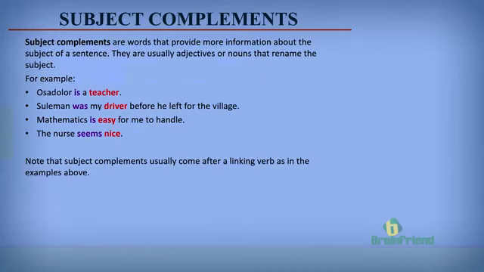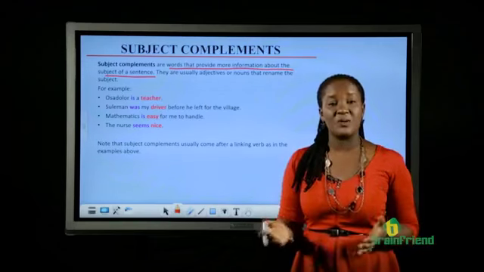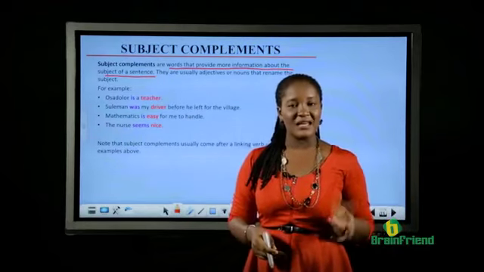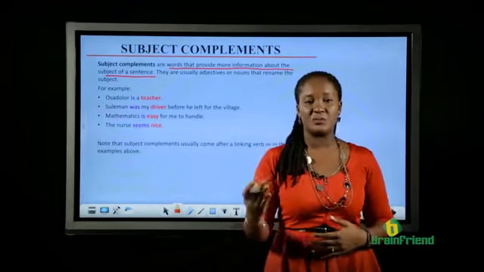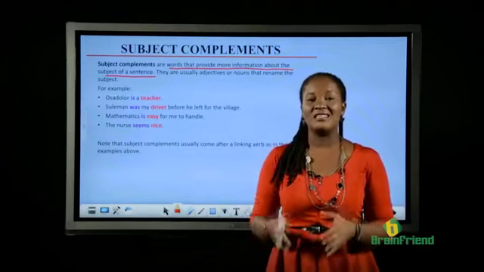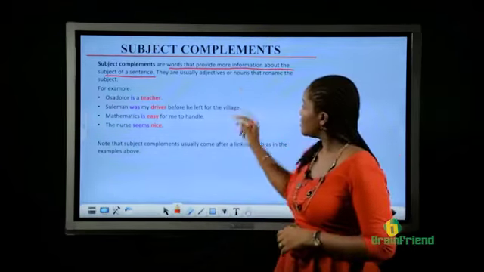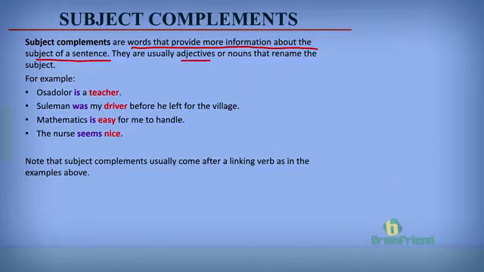Subject complements are words that provide more information about the subject of a sentence. Subject complements are words that simply describe the subject of a sentence. They give you additional information. They modify the subject of a sentence. And they are usually nouns or adjectives that rename the subject of that sentence. For example,